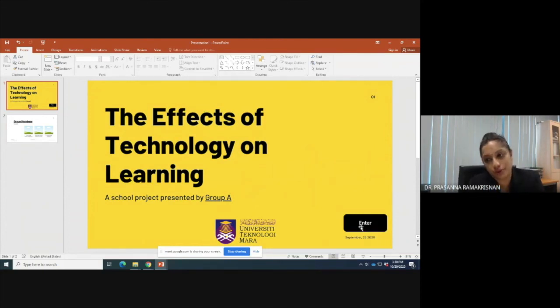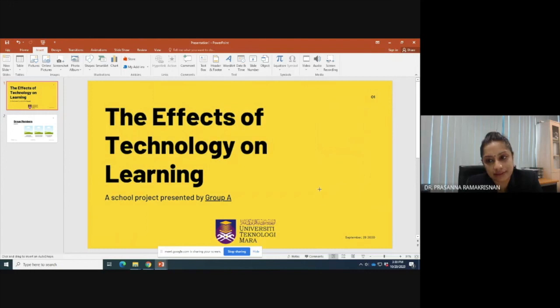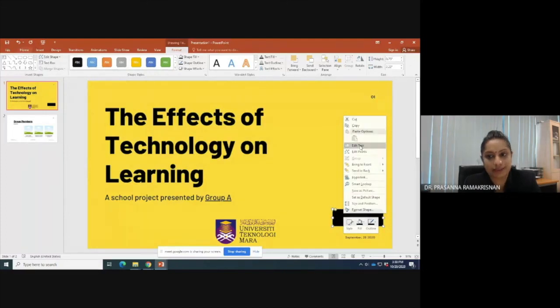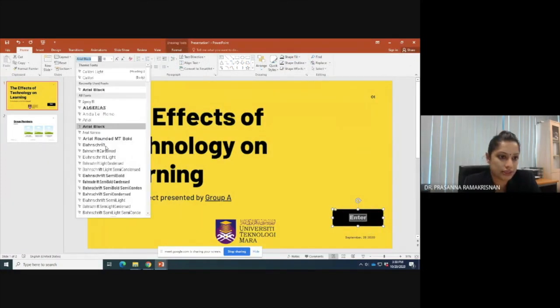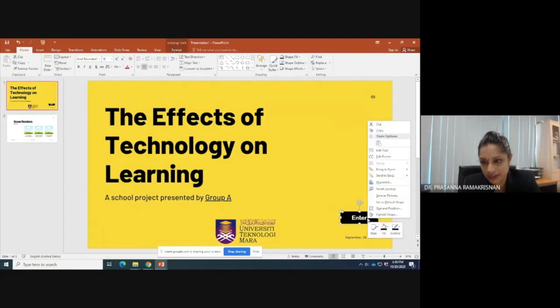You can create your own buttons. Creating buttons is very easy. I repeat, if you want to create a button, just go to insert, use the shape. This is a recommended shape, the rounded rectangle. Put it here, change the colors accordingly, and then try to add the text. You can also change to other fonts that you want. So once done, you can resize accordingly. Right click,